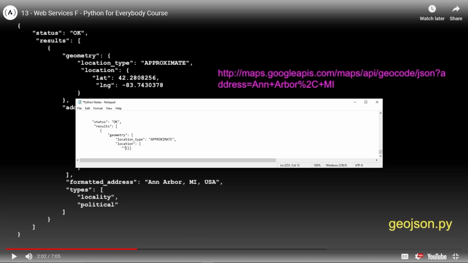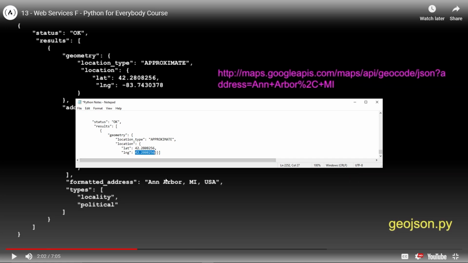We're going to do latitude and longitude. So lat equals 42.2808256, comma. We're going to take this, copy it, drop it off, and then we'll say LNG, and that's going to be negative 83 point whatever, right?